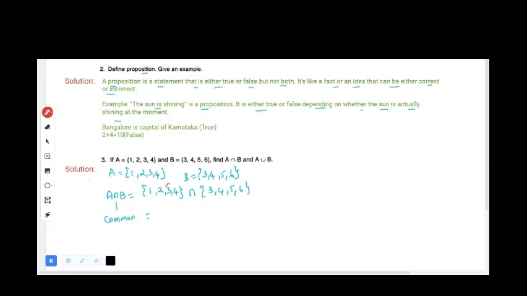Selecting the common elements from the brackets will be the solution for intersection. So 3 is common, so we write 3, comma 4 is common in both. So A intersection B is 3, comma 4. So next is